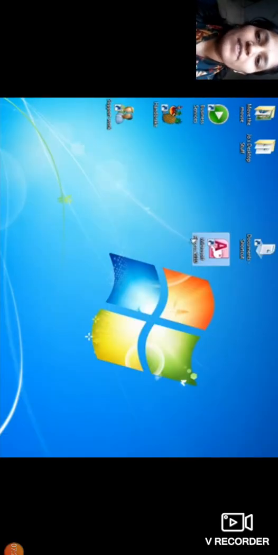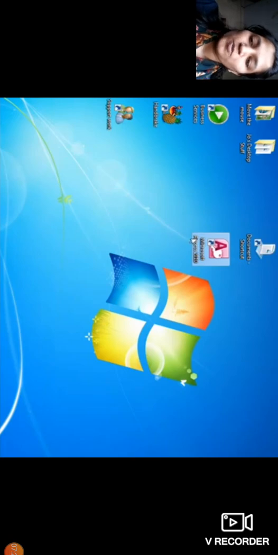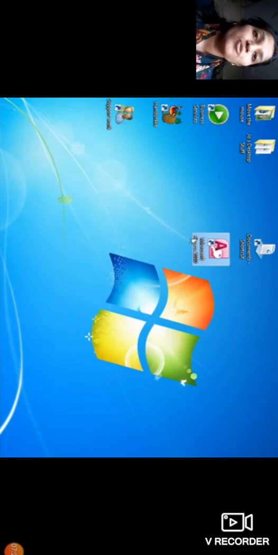So I hope you all have understood how to make a desktop shortcut, how to make any folder or any file shortcut. You just have to go on your folder, right click on that, and you will get the send to option, and when you click on send to option, at that time you will get the option desktop create shortcut. So once you click on that, you will get your shortcut folder or shortcut file. Okay, so this is our first activity.